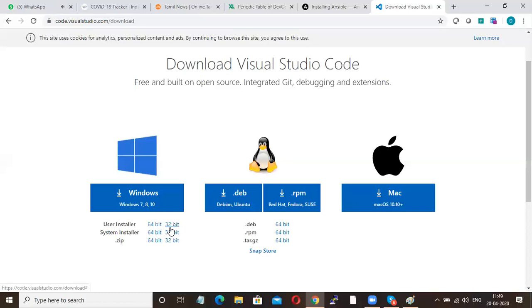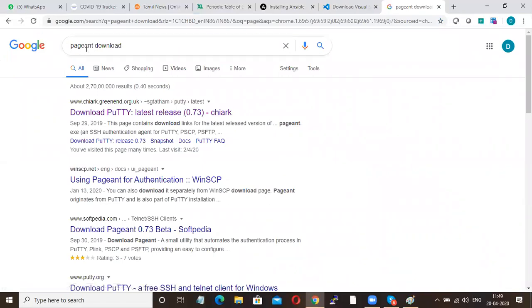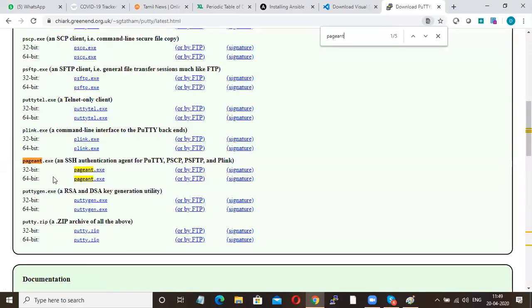It is just a text editor. My recommendation is to use Visual Studio Code because this will help us a lot, and this is from Microsoft. Next one is Pageant. Search for Pageant here, and based upon your bit, just install the Pageant tool. I'll say what is the purpose of Pageant later. So you have to install these tools: PuttyGen, Pageant, Visual Studio Code.